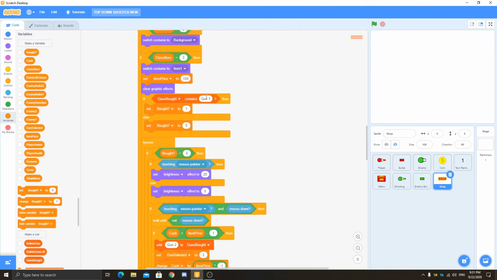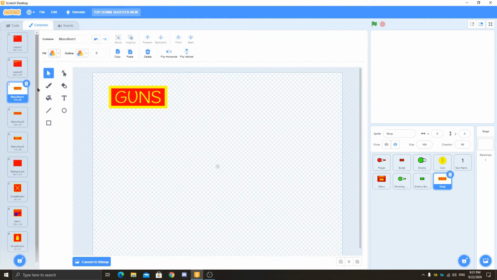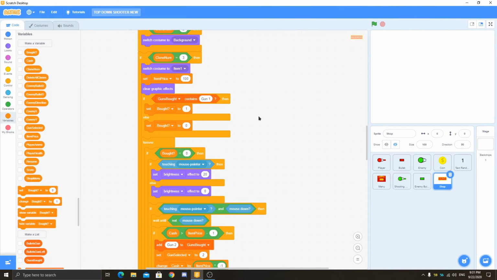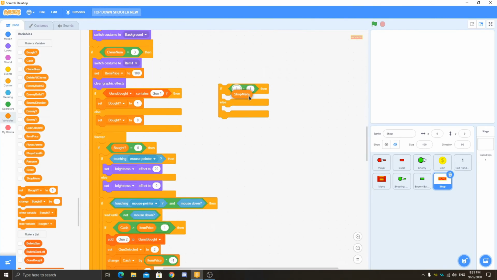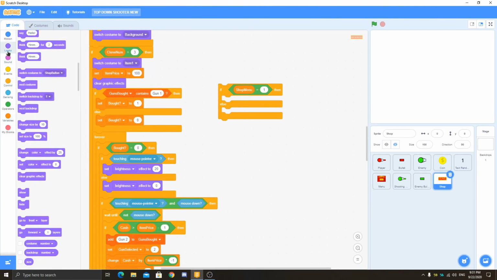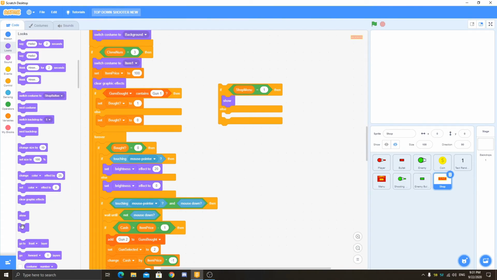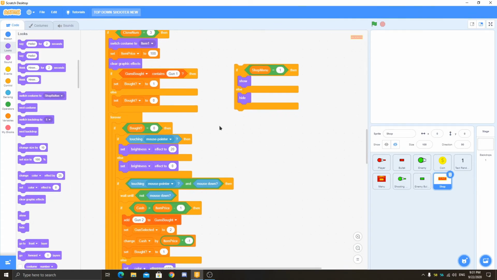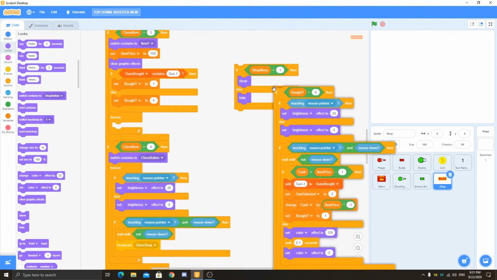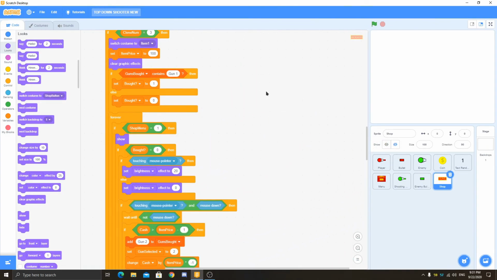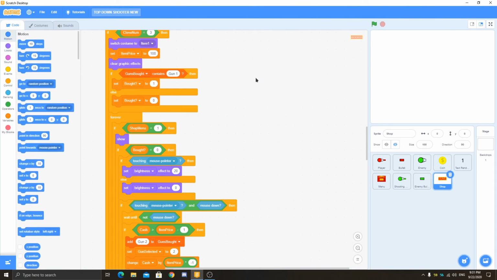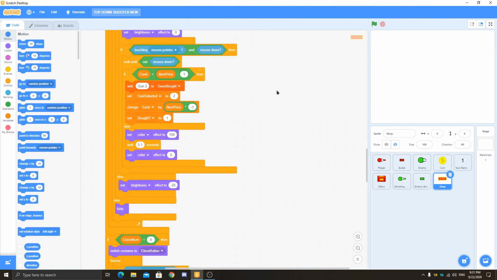And the next thing we can do, like the first item is a gun, so we can just put it in the menu 1. As here you can see the first menu is guns. So to make this work, we can just put here an if else statement, shop menu is equal to 1, then it will just show, or else it will hide. And we can just put this script in show 1, and else it will hide. So this will just do the work for us, and we can just put in every item we want.